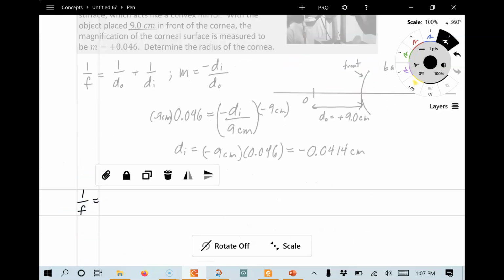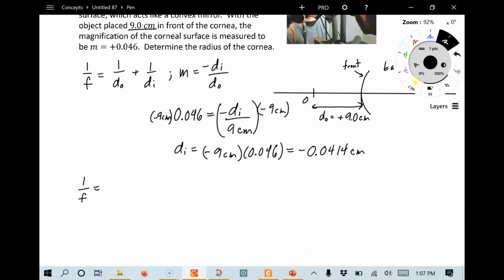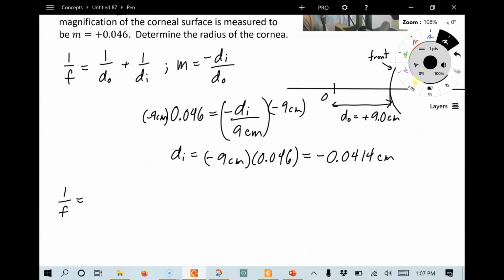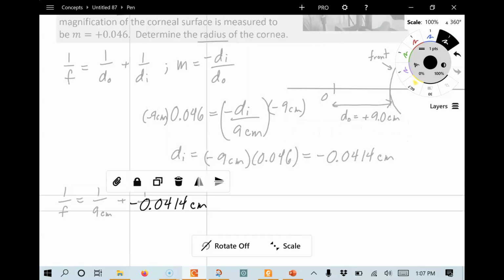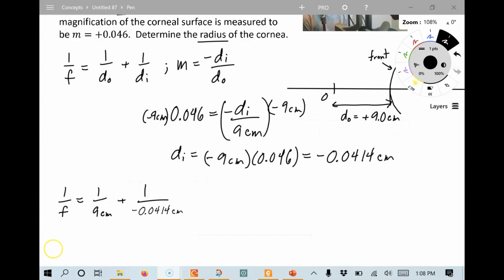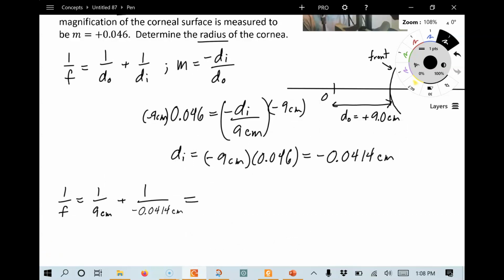And we're going to do this part now. Solve for the focal length, because what we're trying to figure out is the radius. Remember, the radius is related to the focal length. So 1 over f is 1 over do, that is 1 over 9 centimeters, plus 1 over di, that's this number, and so we get a value here,